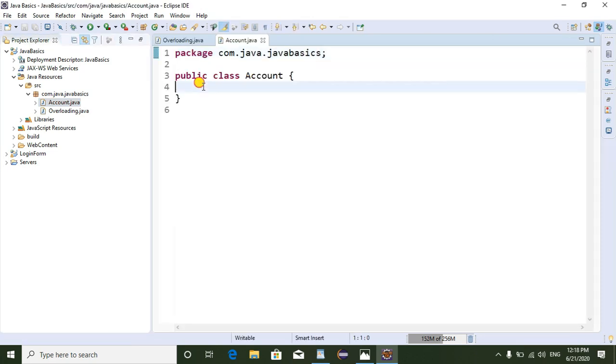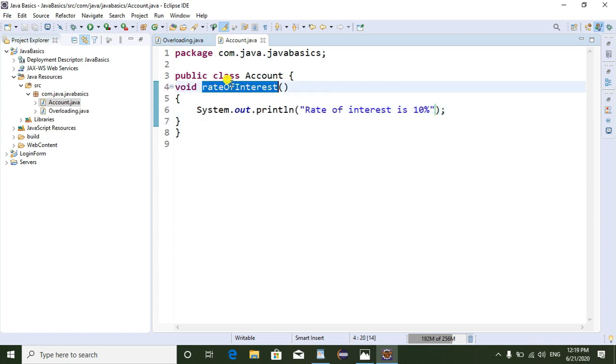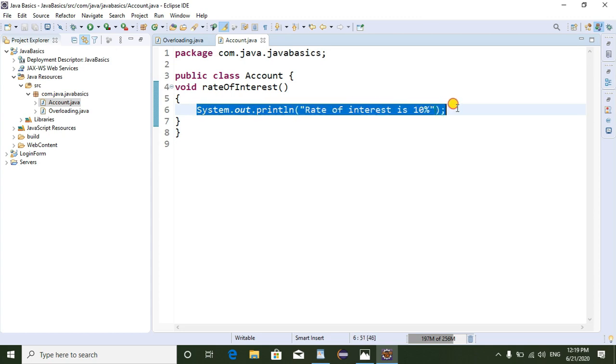In this I am going to write one method, rate of interest. In this parent class I am implementing the rate of interest method. The implementation is: rate of interest is 10%.